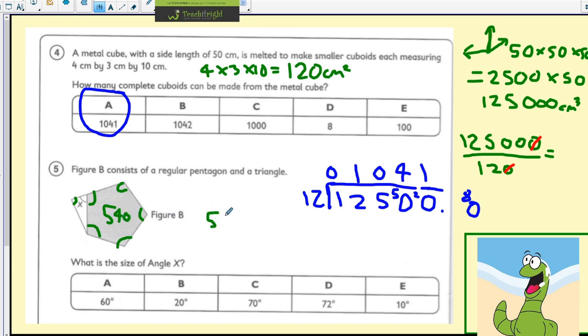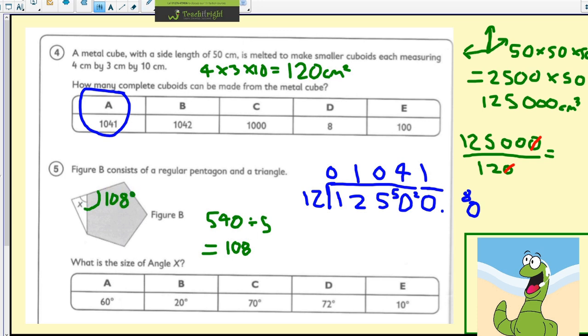So because it's a regular pentagon, if I divide 540 by the 5 angles, I'm going to work out the size of my angle. And 540 divided by 5 is going to be 100 and, no, yes, 108. Because 40 divided by 5 is 8, and 500 divided by 5 is 100. So each of these angles, I'm just going to draw the one I need, each of these angles is 108